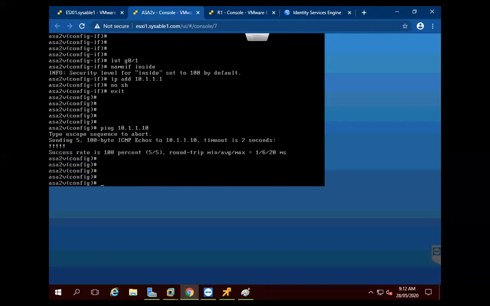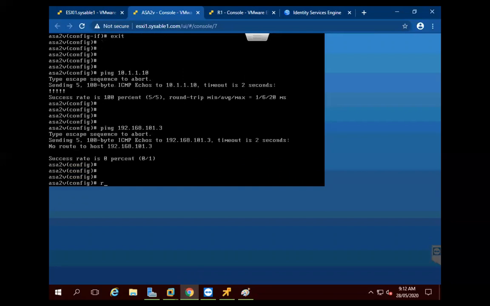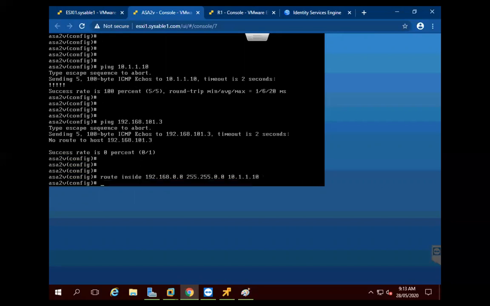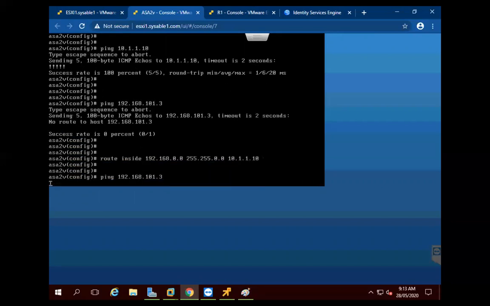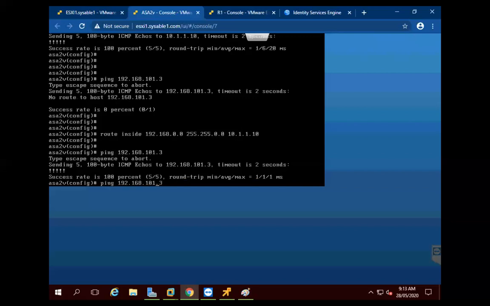Next, I should provide the route for the loopbacks because I am unable to ping the loopbacks of the router now. There is no route. So I will assign the static route, saying route inside 192.168.0.0 via 10.1.1.2. Now I should be able to ping the loopbacks. Yes, I am able to ping the loopbacks.